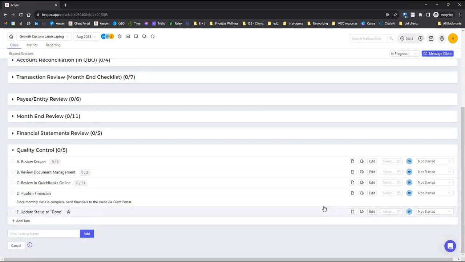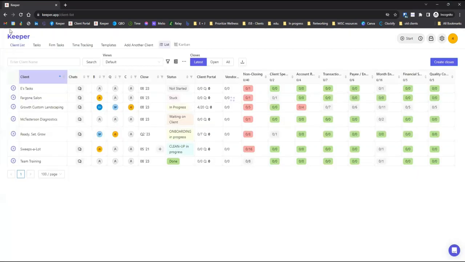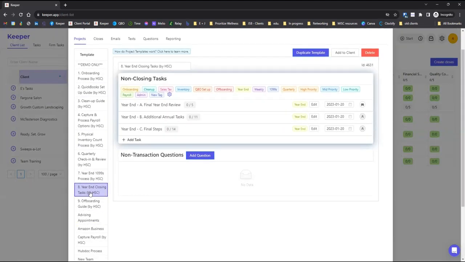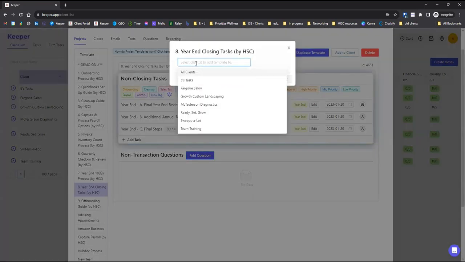So we prepare what we call the monthly packets, where we have all the paperwork that we PDF together and send to the client. I could put that up as a task, a recurring task. And I've got year-end tasks built in here. And if I add this to my client,